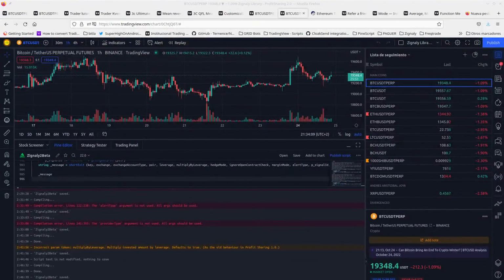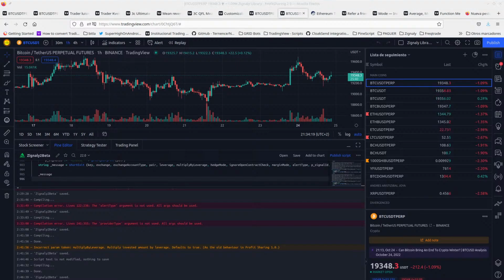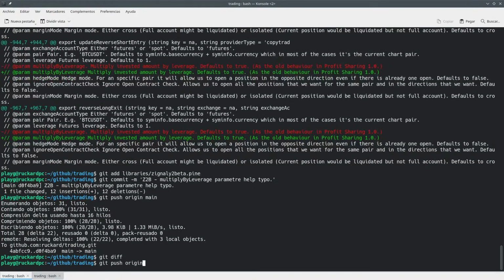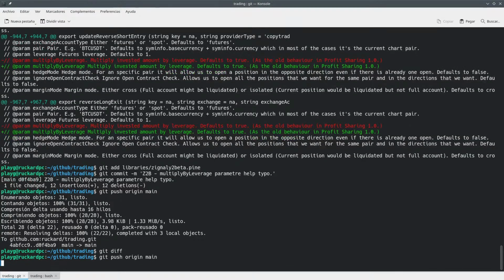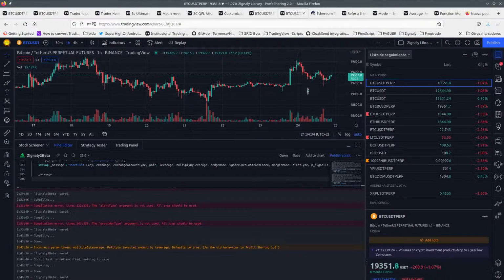Okay, I'm back. So I was able to build Zignaly 2 beta the other day. If we take a look at, I didn't push this. If we take a look at, yeah, I did push this. If you take a look, there's nothing more to do. So what I'm going to do is to release this